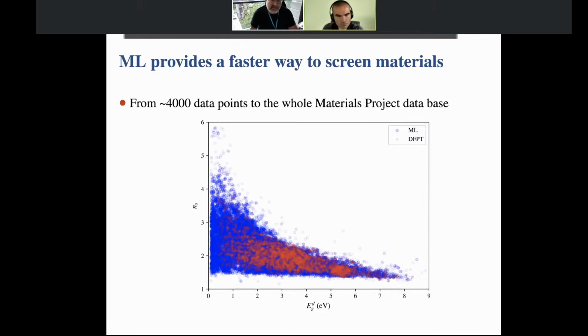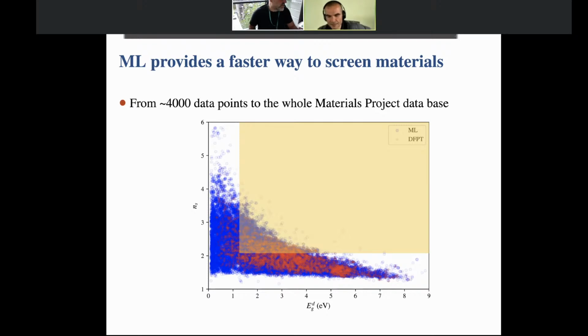Right. So, no. We've done tests. I couldn't show all the tests we've done, but all of them are very reasonable. Typically we have errors of, I would say, 0.2, 0.3 on the refractive index on average. To be precise, the mean absolute error is smaller than 0.1 on the refractive index over the complete data set.